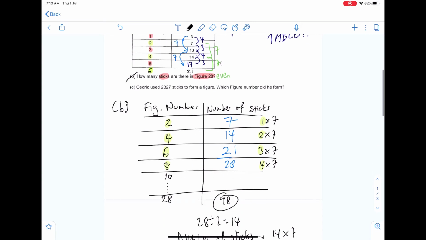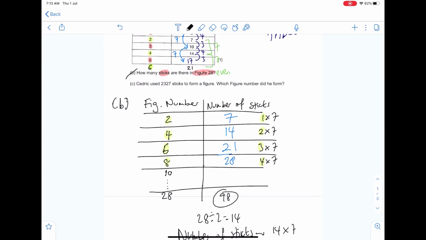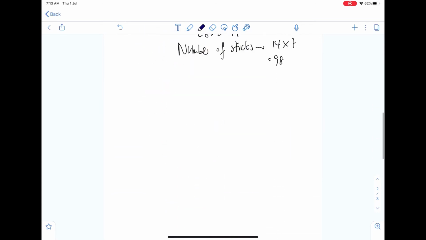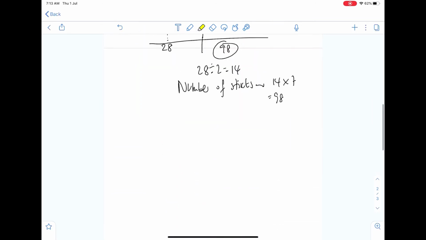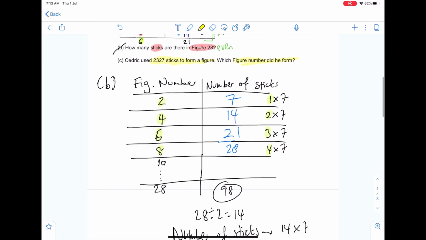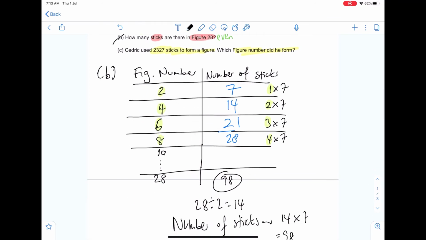Now, Cedric used 2,327 sticks to form a figure. Which figure number did he form? Okay, so to do this for part C,